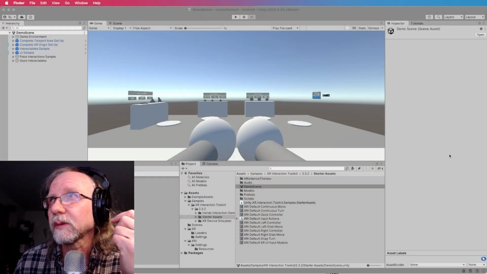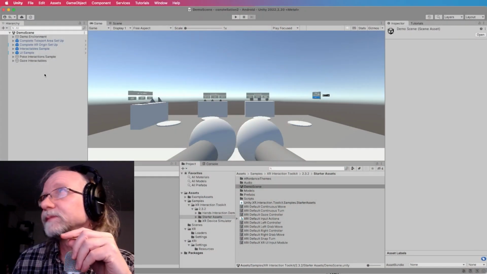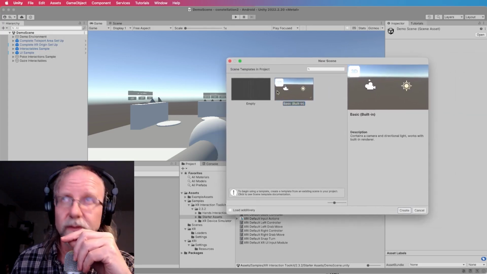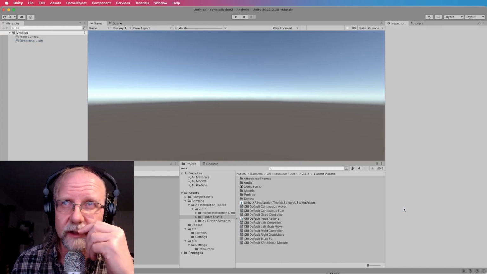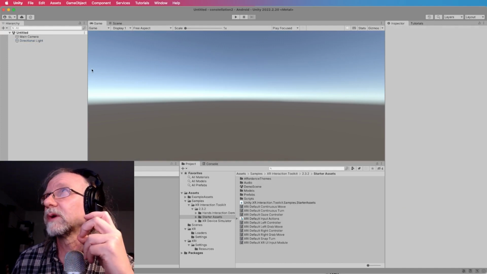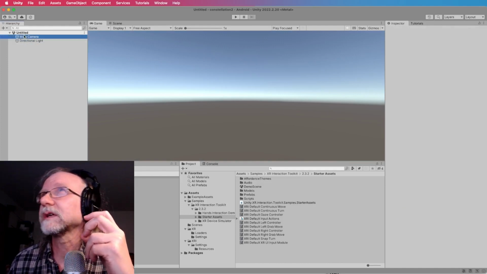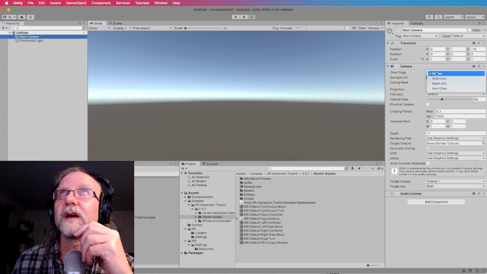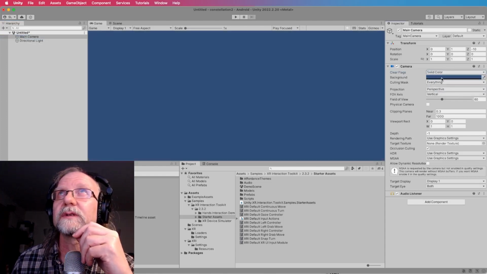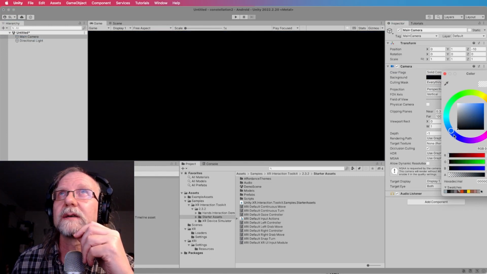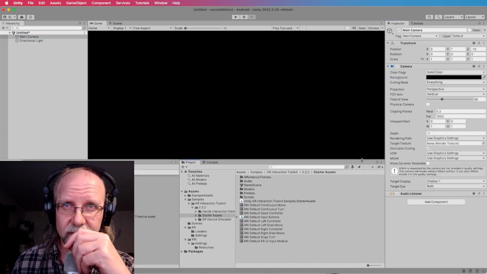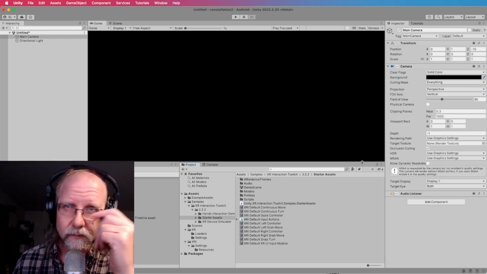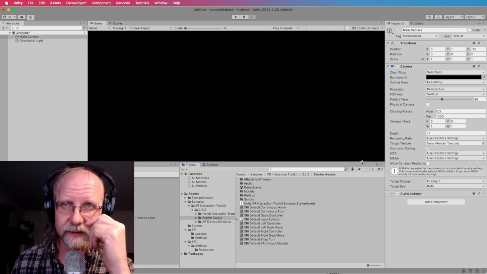So basically what I'm going to do is make a new scene. As far as what I'm looking for, just a basic built-in scene. It doesn't have to be fancy. I'm just looking at it for some prototyping work. I usually tend to go here and just take the skybox straight out and go for a solid color, probably black. And then we'll have unlit objects. Makes it easier on the renderer and stuff like that. Anyway,